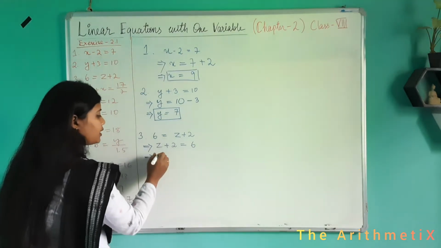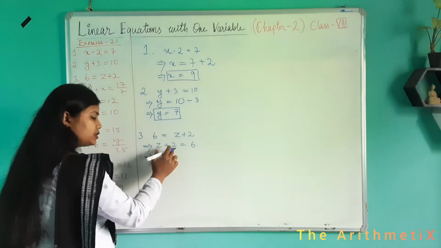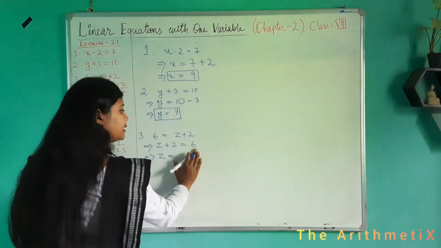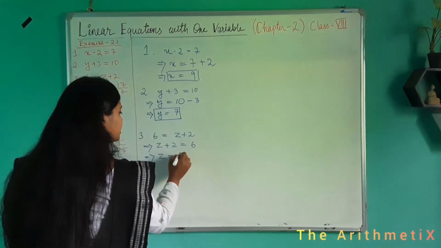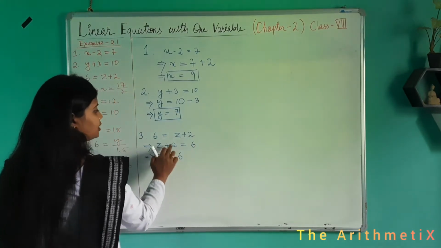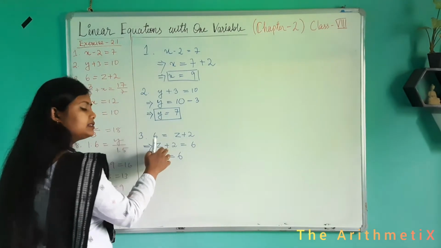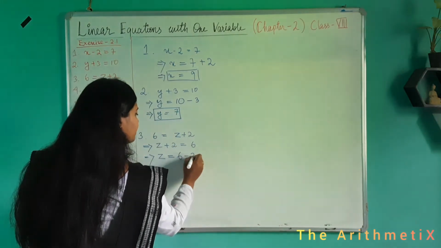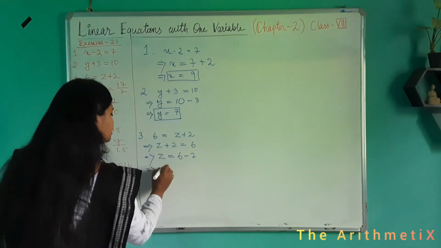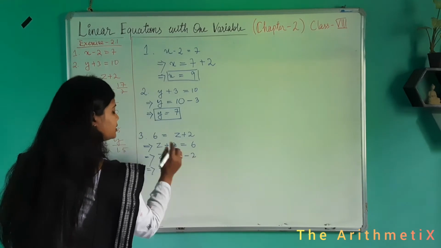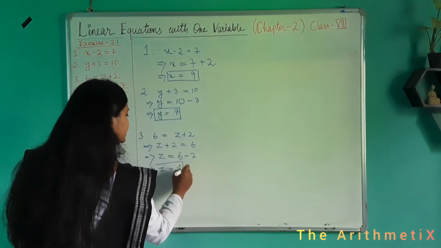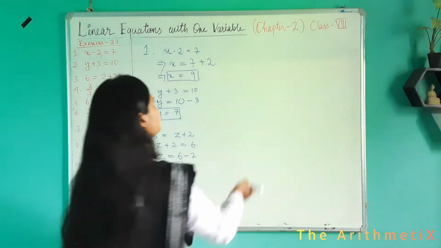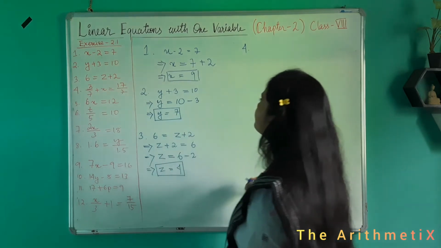Now we can find the value of z. It is associated with 2. So keep the variable alone. The number already present in the right hand side has to be written first. That is 6. 2 will be transposed now. The sign of it is plus, and after transposing it will be minus. So now solve. 6 minus 2 is 4. So the value of z is 4. I hope you are getting it. It is very easy. Now let us solve question number 4.